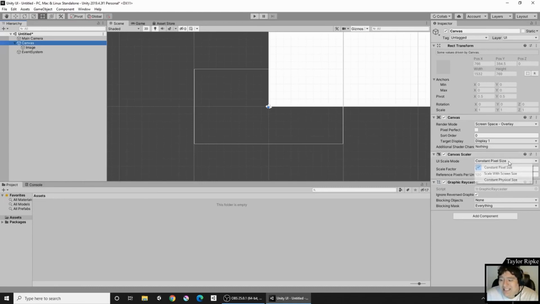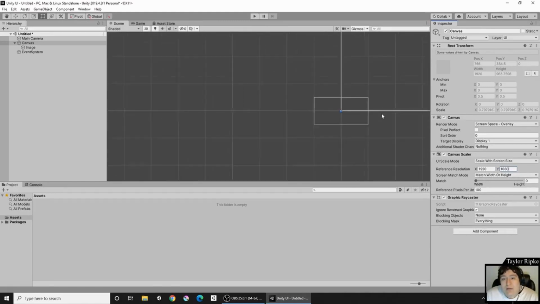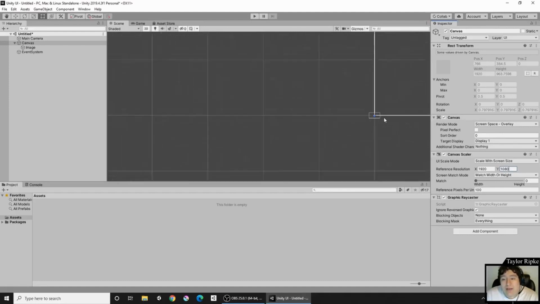So we're going to go ahead and select Scale with Screen Size because we want our UI elements to scale, and we're going to put in a reference resolution. I typically like to put in here 1920 by 1080, a standard 1080p resolution. And we're going to go ahead and leave the defaults here, screen match mode with the match width and height, matching the width first. And if we zoom out here with your mouse wheel, let's go ahead and take a